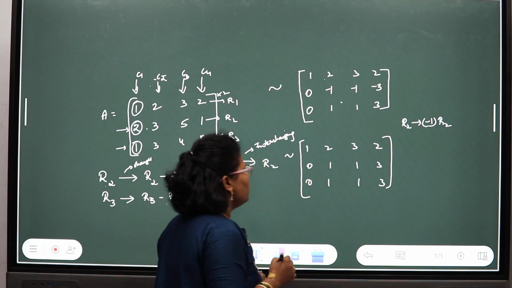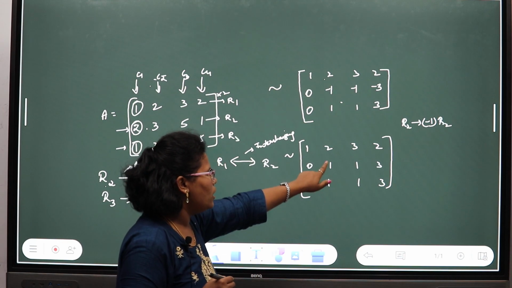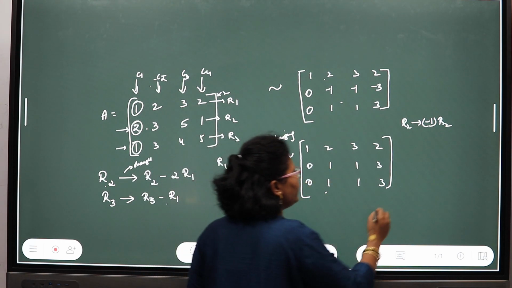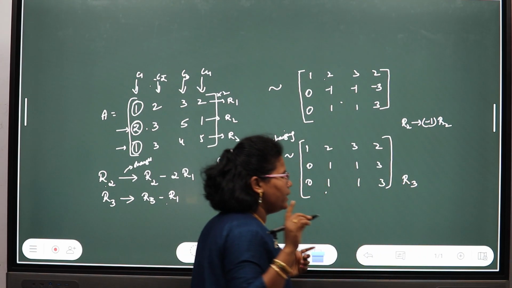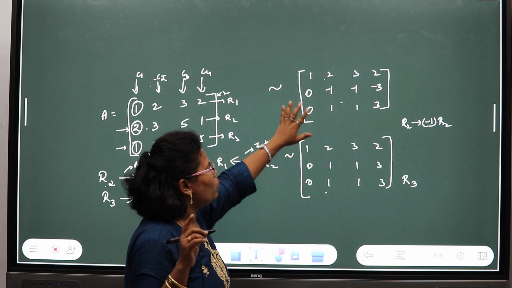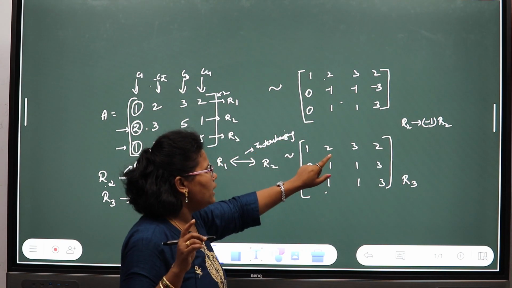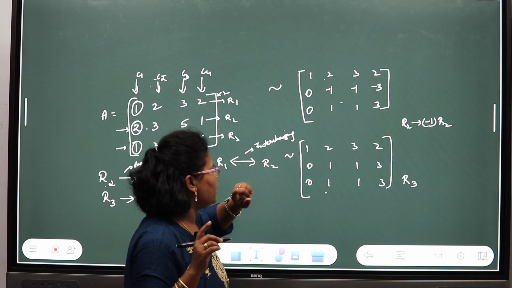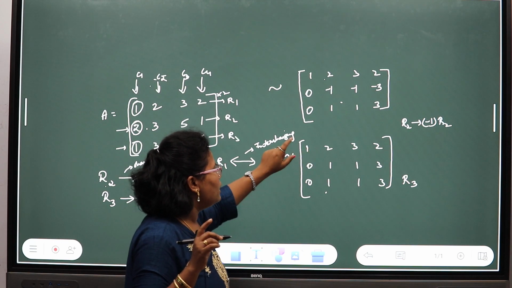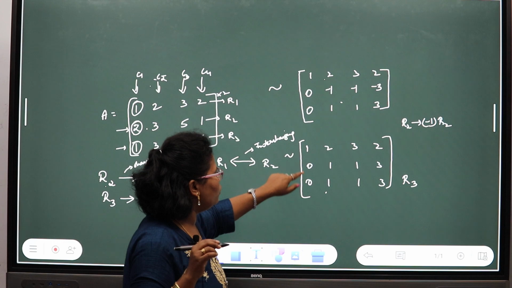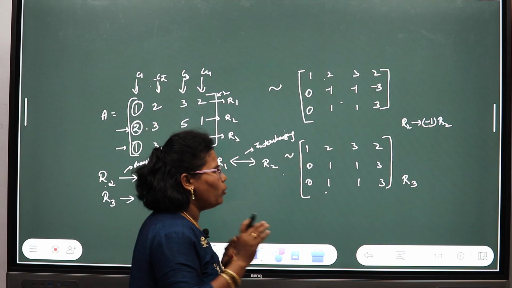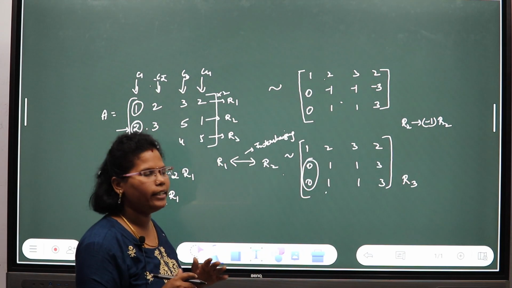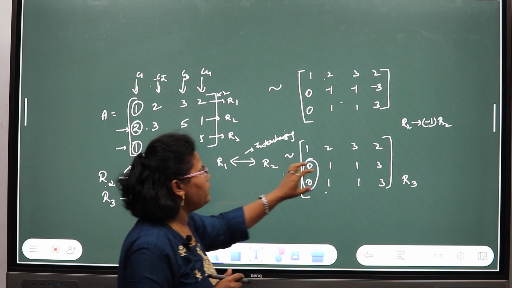Now, make sure I should make this as 0. So below this I should make this as 0. Observe, it has the same numbers. So directly I can do the operation as I am changing R3. Remember, I am not using R1 now. My R1 use is done. So I have to change only R3 by using R2. Observe why I am not using R1. If I use R1, what happens? This value will change. Whatever operation you are doing, it should not affect this 0. I should carry those zeros as it is. So I will be using R2 now.